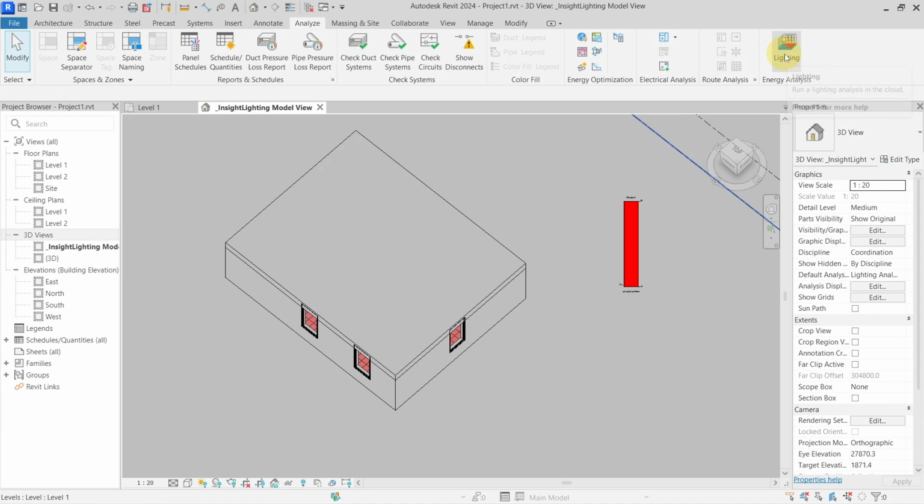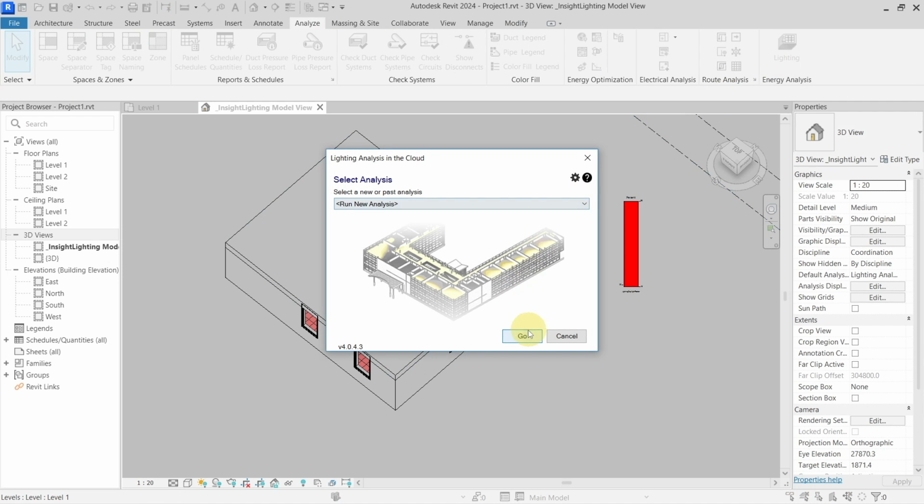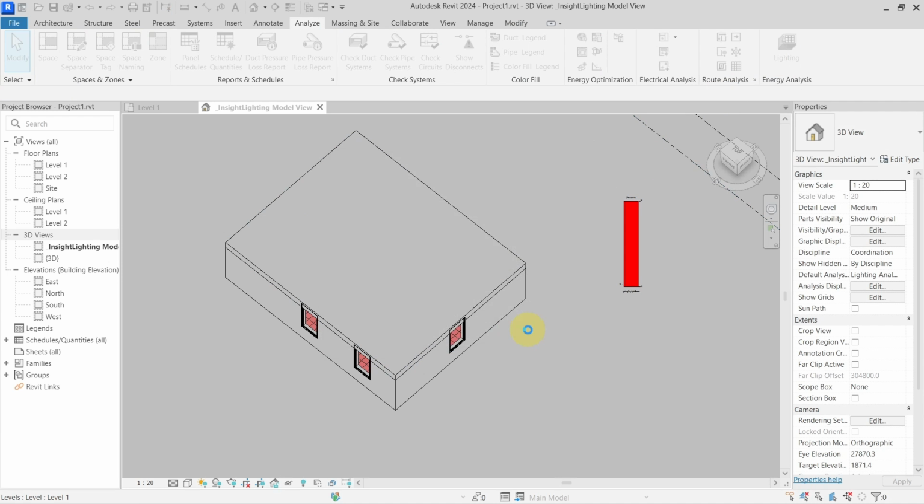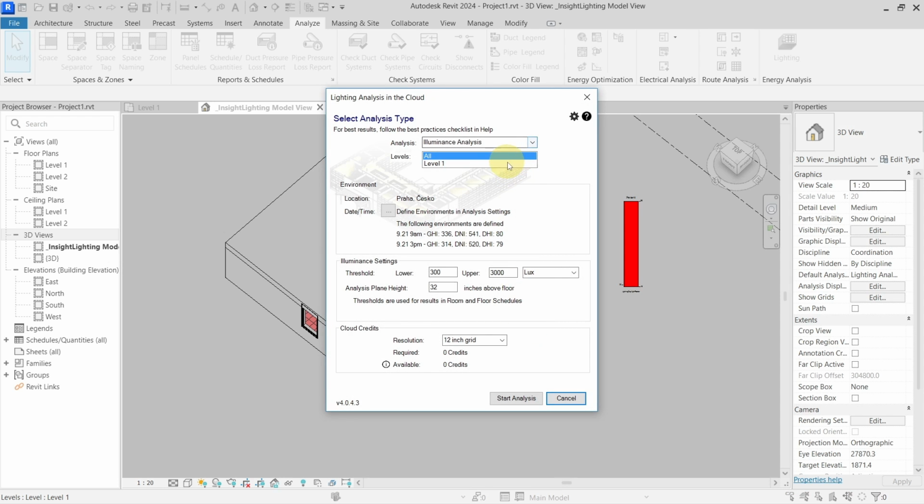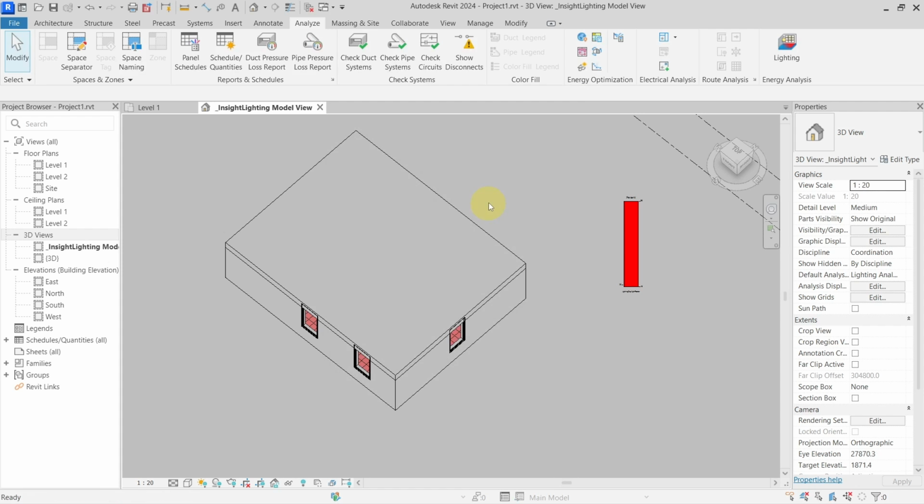Now if I want to run my analysis, let's go with the daylight factor. You can see that there is actually no level 2 because there is no floor present on the level 2 in here. So if there are no floors on the level, you will not be able to run analysis on this level. So if I go back now and undo these changes,